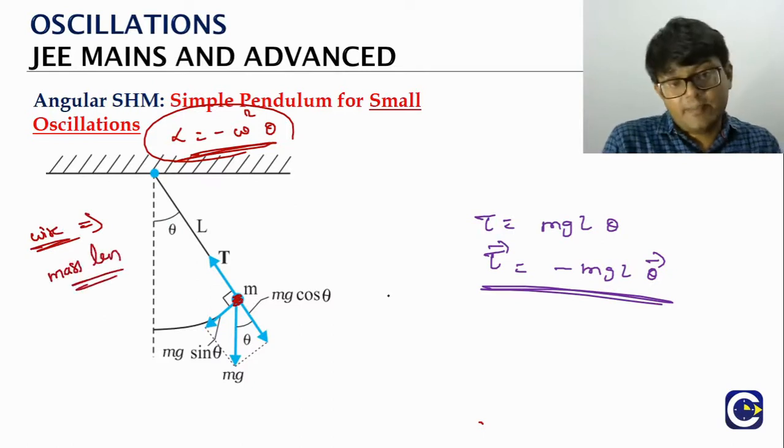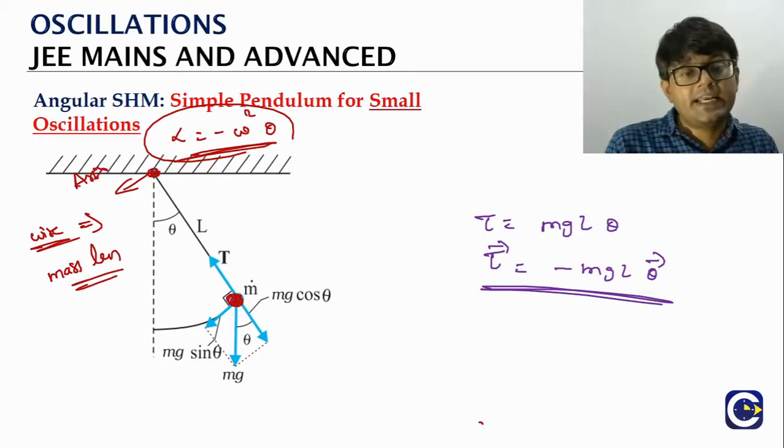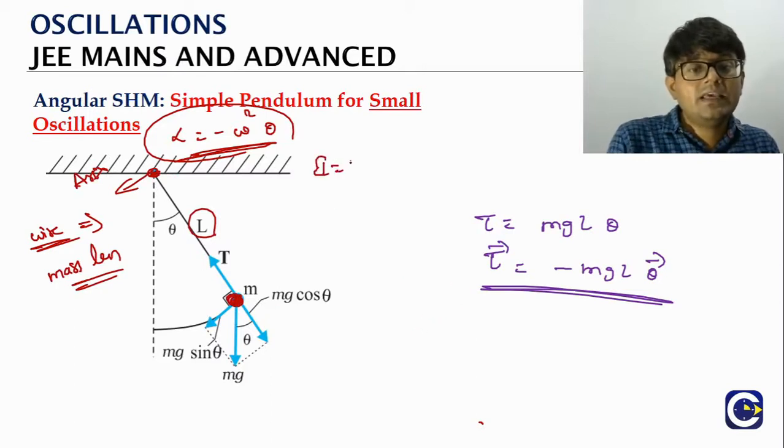Massless. That is the assumption we have made. So there is only the bob which is rotating with respect to the axis passing through the fixed point. So what is the moment of inertia of this? It is like a single particle, right, which is at a distance L from the axis of rotation. What is the moment of inertia? I is equal to what?